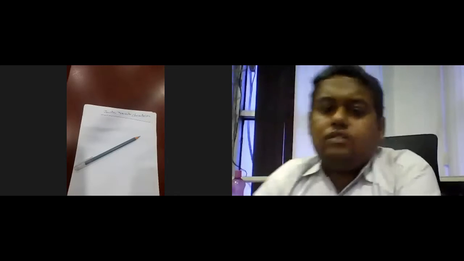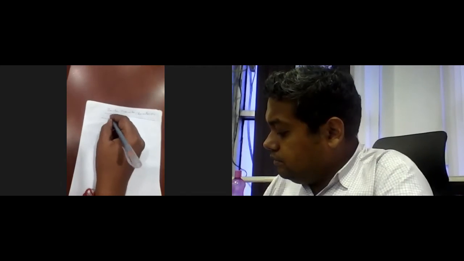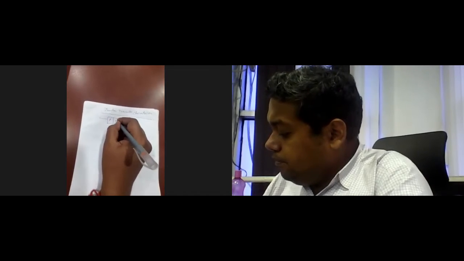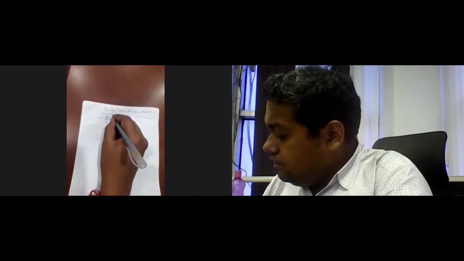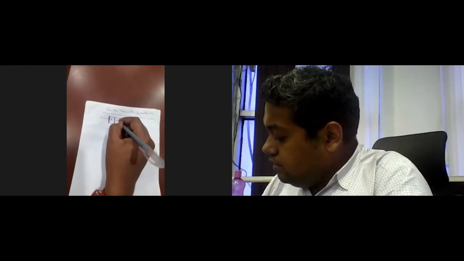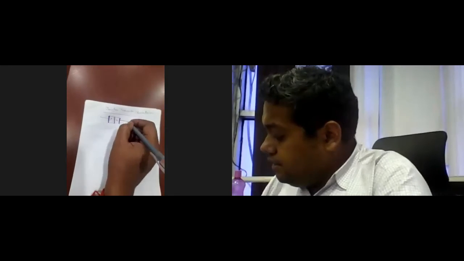Okay, let's start the second session on the bipolar junction transistor. For that, we will first introduce the PN junction diode. This is a P type, this is an N type, and this is the formation of the junction. These two are considered the two electrodes, and there is an ohmic contact. So this is the PN junction we already formed.